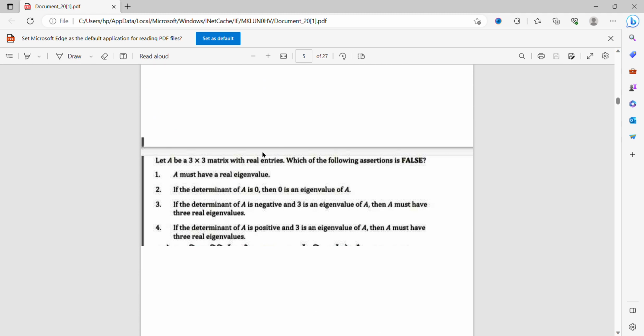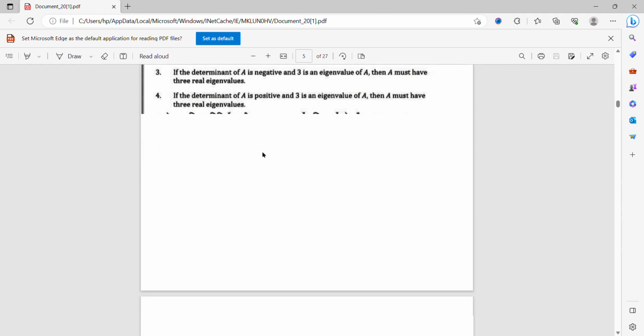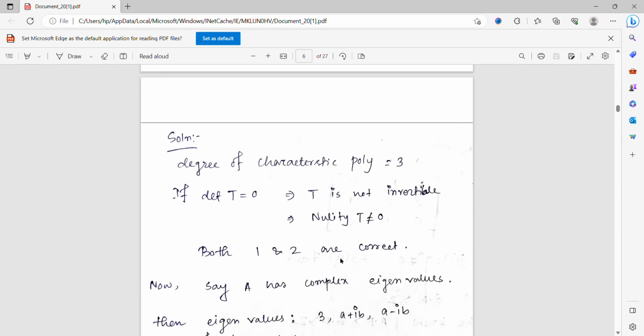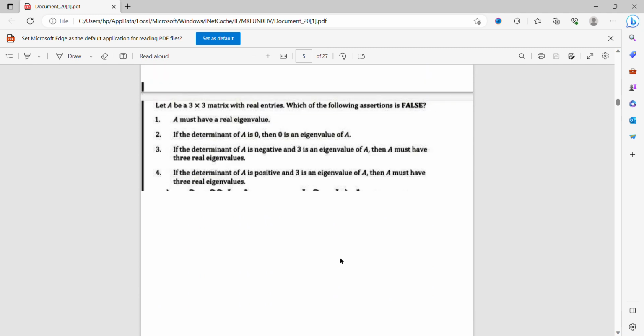Which of the following assertions is false? This is also an MCQ problem. So similarly, the degree of the characteristic polynomial is 3. Now if determinant of T equals 0, then T is non-invertible. That's when nullity T is not equal to 0. So nullity T not equal to 0, that means